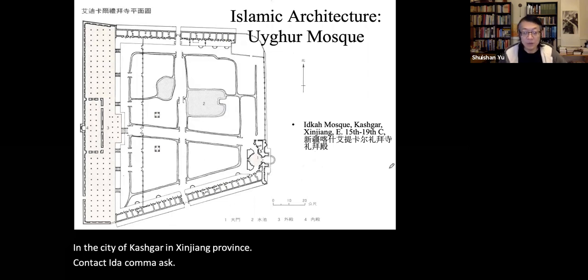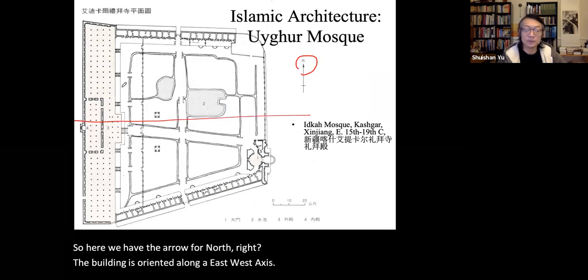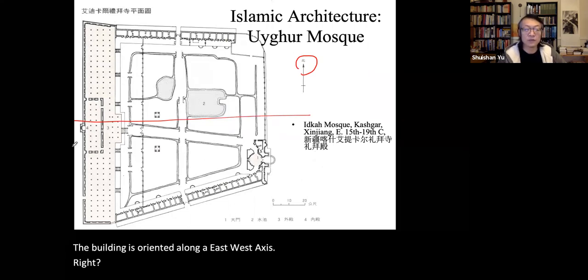So here we have the arrow for north, right? The building is oriented along an east-west axis, right? The main prayer hall is located on the western side